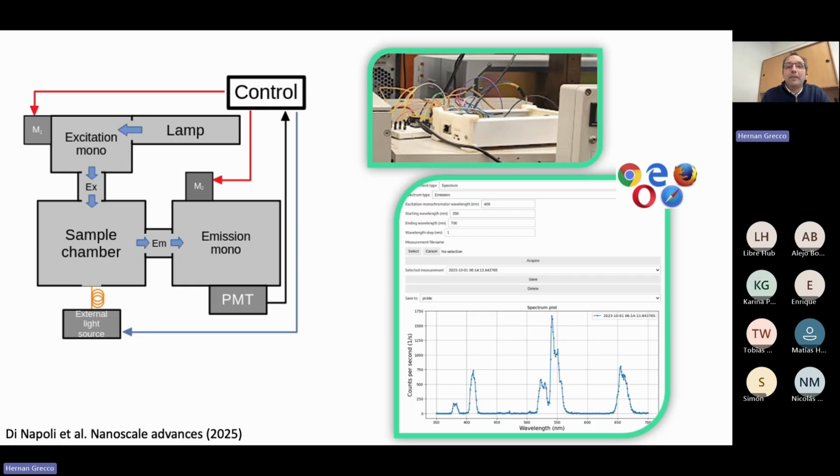By the way, here there was no information given by the company about the code, so we have to reverse engineer everything, right? And I would argue that one of the very important things that we need to learn from the open hardware movement is that we need to be able to access the inner workings of the devices if we're working in a lab, because we want to be able to tweak it, to maintain it, and to keep using it.